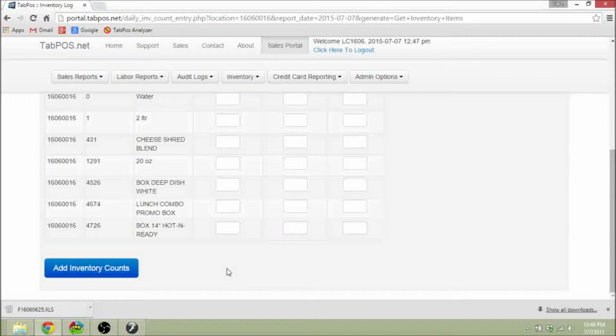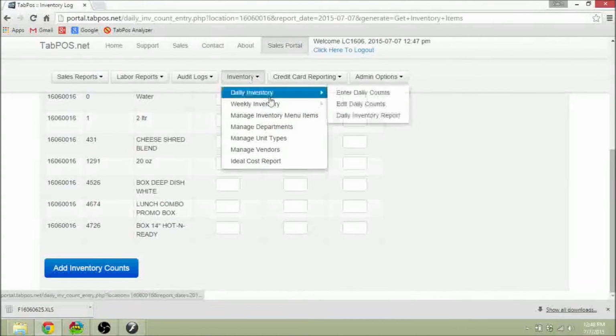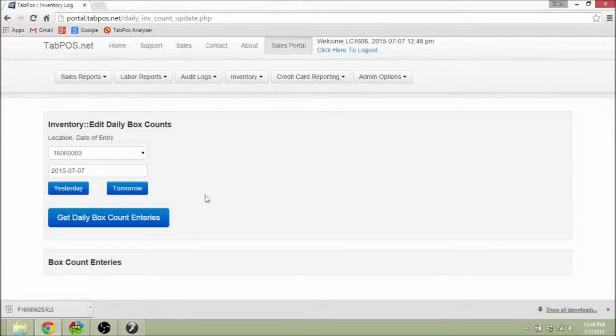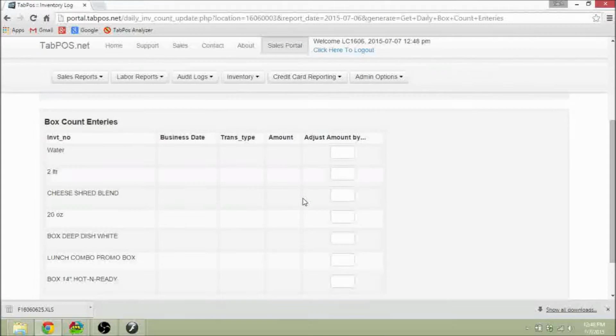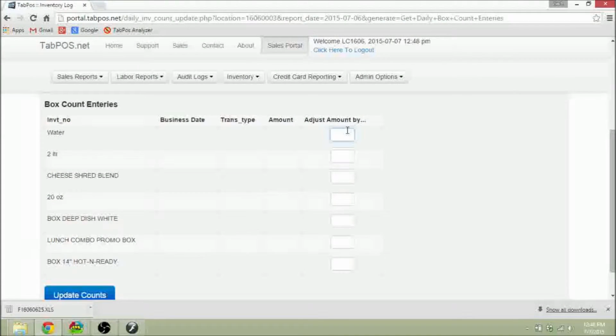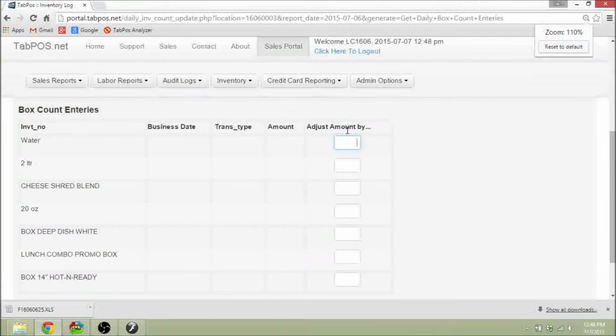And you'll see a button at the bottom once you've placed in your 3 separate received, waste, and ending counts on these items. You can add inventory counts, and we can edit daily inventory counts simply by looking at old inventory dates and adjusting them. To adjust inventory counts, we use negatives and positives to be able to track them, so you're able to actually take a look at how much it was adjusted by, and we also track who has logged in and changed the inventory, and how it's been altered,